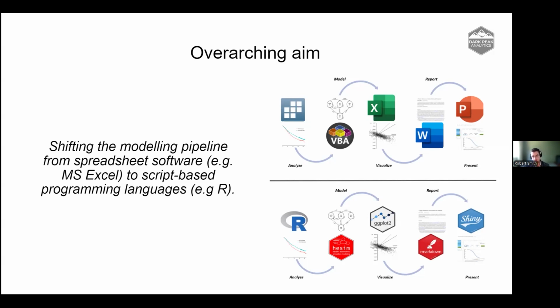So what can we do and what can we move towards? Basically, I've been pushing over the last 5 years to move more towards having a pipeline in which the whole system is undertaken using script-based programming languages. Now, it doesn't have to be R. There's others available: Python, Julia, C, etc. But R is well placed given the plethora of